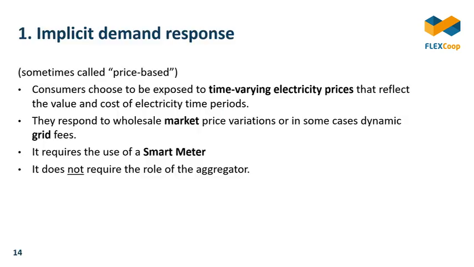So implicit demand response first. This is sometimes called price-based. In that case, consumers choose to be exposed to time-varying electricity prices that reflect the value and cost of electricity in different time periods. So the most classic is blue or white tariff periods, or day and night tariffs. This is the most classical form of price-based demand response, but now new forms are enabled which respond to wholesale market price variation, and in some cases, dynamic grid fees. So these new forms would require the use of a smart meter,